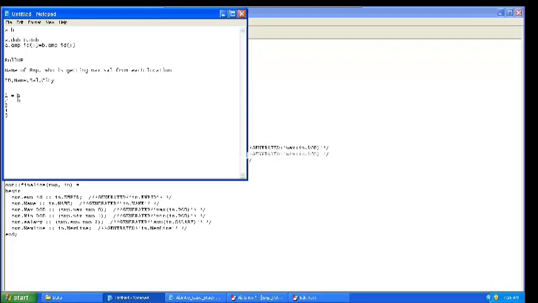If A is compared with B, 1 is not greater than 2, so A is not greater than B, fine. Now my B will be